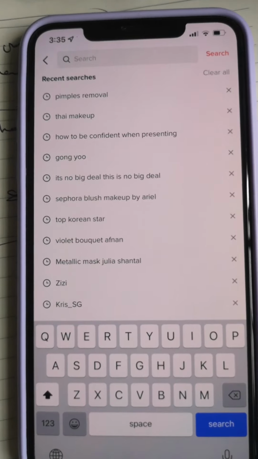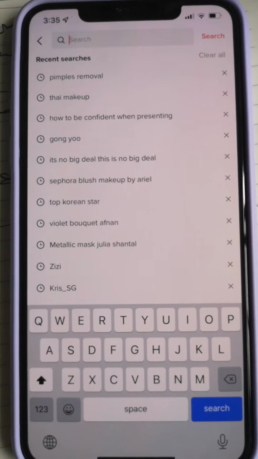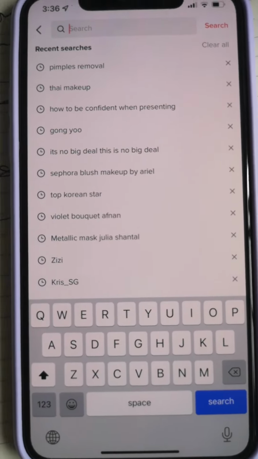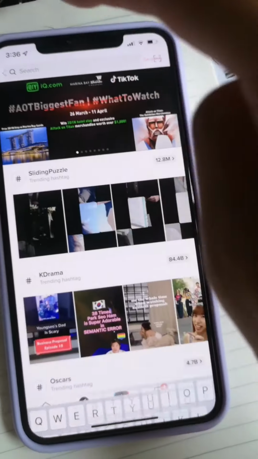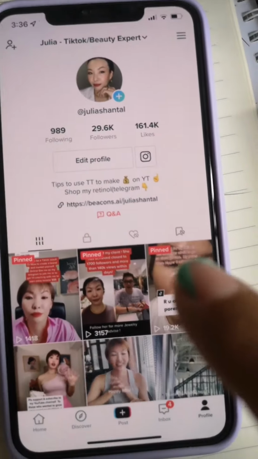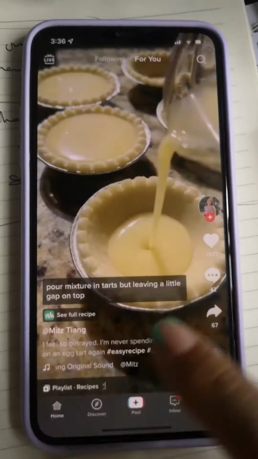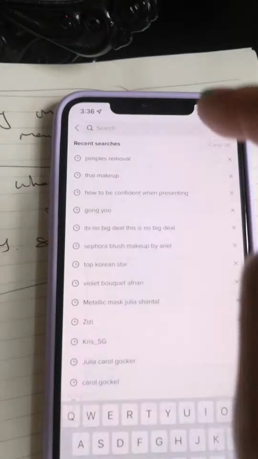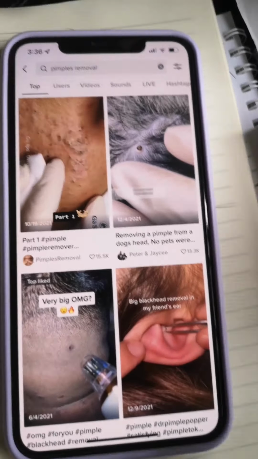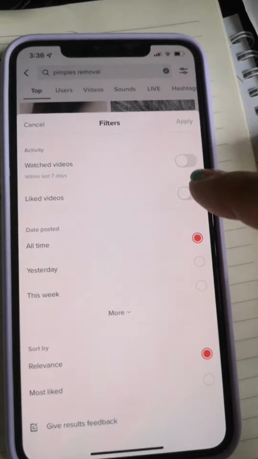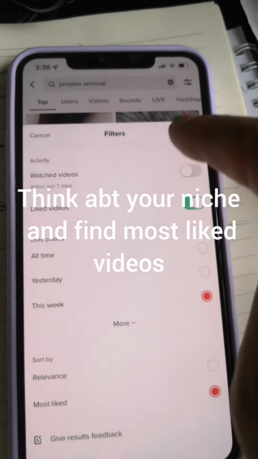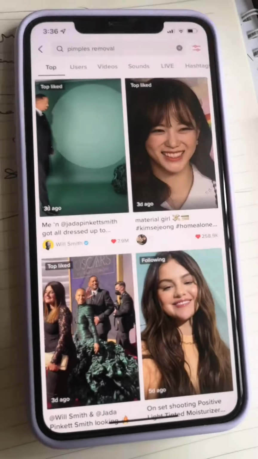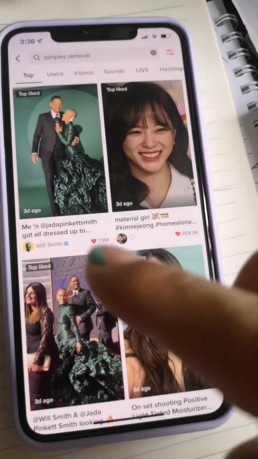This is how I find the top 10, maybe the most liked videos, meaning the most viral videos on TikTok. So this is my TikTok, right? So let me help you to see. So I'm gonna show you how I find some pimples videos. For example, I'm finding pimples videos and I want to find the most liked one, by this week. And I apply. So TikTok is going to show me what the most liked videos are, right?